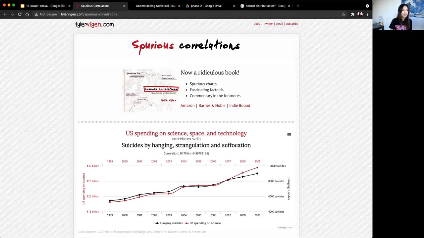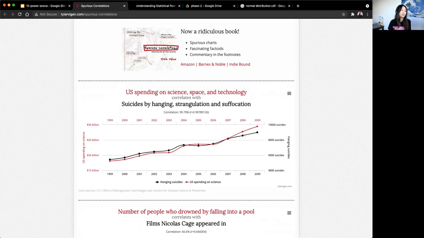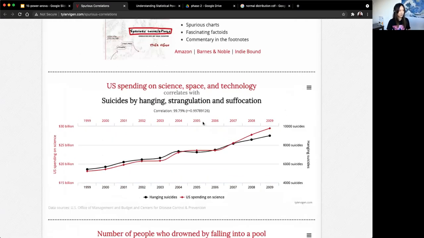This actually links to another source of spurious correlations. I don't know if anyone has seen this. It got pretty viral, I think on Reddit or something. I found out from some students, but there's this whole field of spurious correlations, things that just happen to be correlated with no relationship with each other. So for example, there's a couple funny ones here where the US spending on science, space, and technologies just so happens to correlate with suicides by hanging, strangulation, and suffocation. It actually has a correlation of